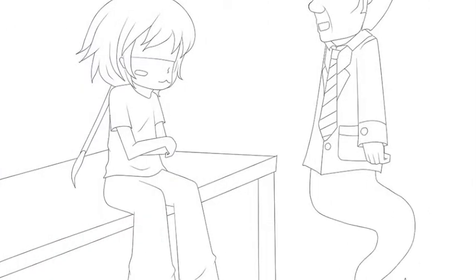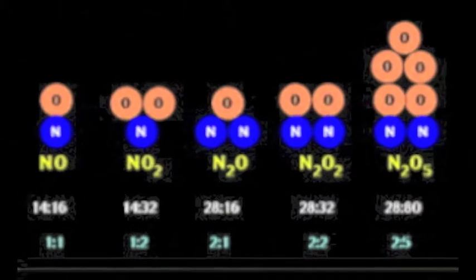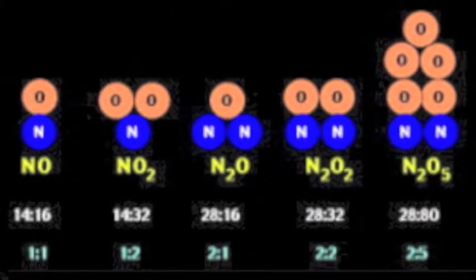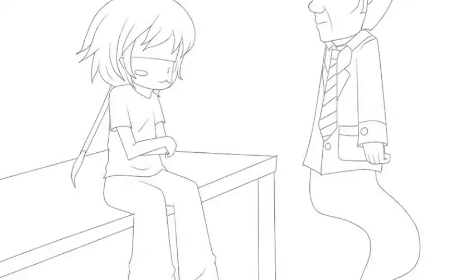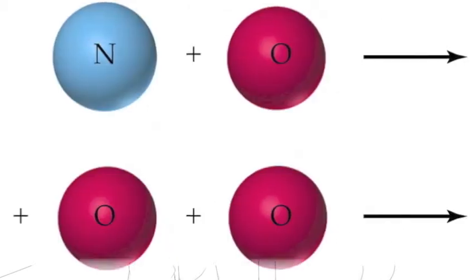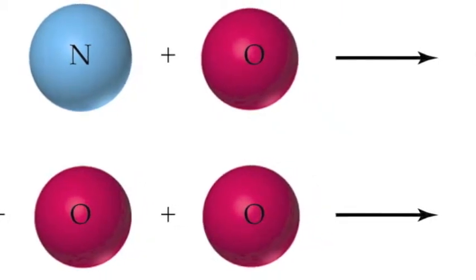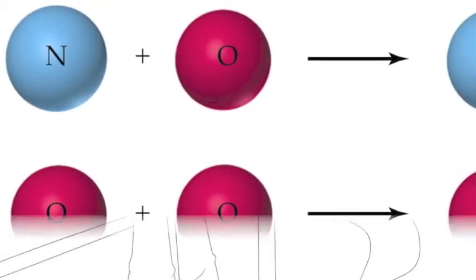I studied and expanded upon previous work which developed the law of multiple proportions. If two elements came together to form more than one compound, then the ratio of the mass of the second element which combined with a fixed mass of the first element will be a ratio of small integers. I found an atomic theory of matter could explain this common pattern in chemistry. One tin atom will combine with either one or two oxygen atoms.